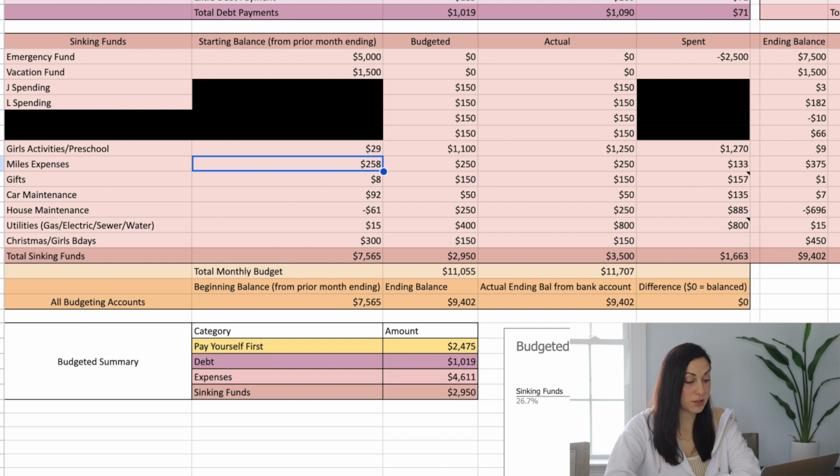For my cat Miles, we had $258 for him and we added $250. We did spend $133 and so he ended with $375. I do place food orders for him because he has prescription food like quarterly, so I think I'll be doing that in April, so I'll be spending like most of this money in here. But I'm glad that his fund has been working out better. He was going negative in his fund for a while because we had him, I think it was at 200 or 225, I can't remember, but 250 has been seeming like a better amount for him to maintain his